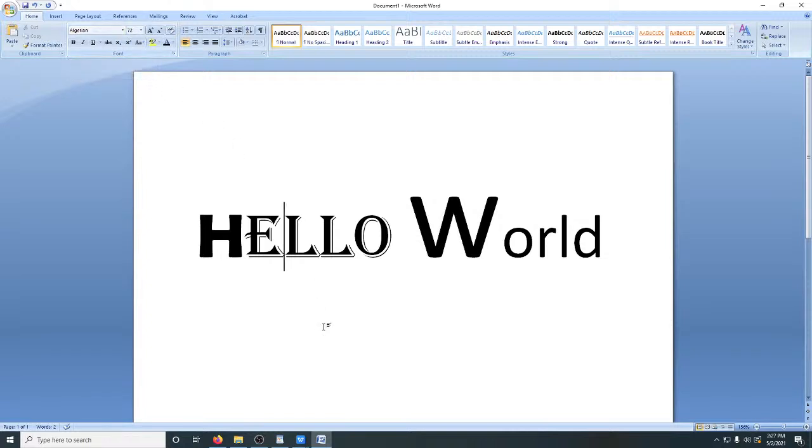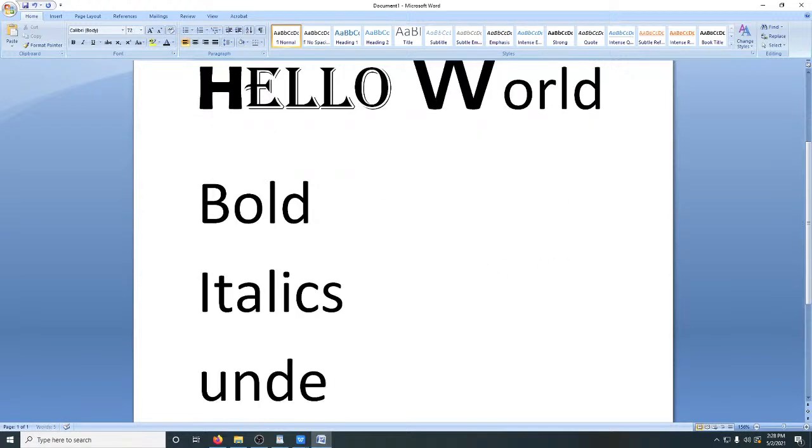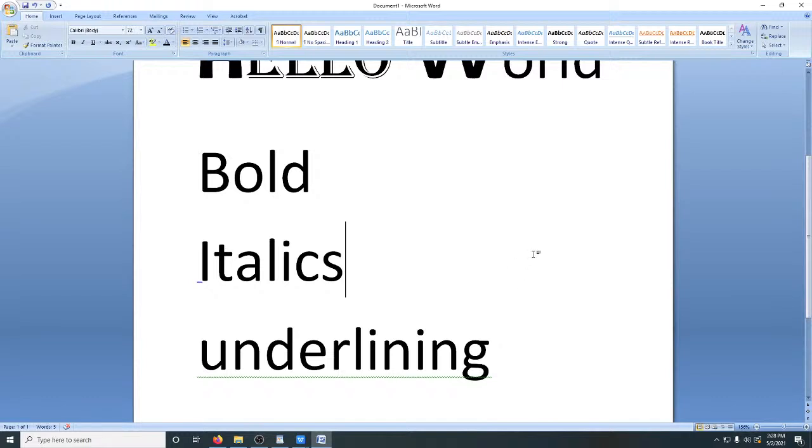Let's look at how to work with bold, italics and underlining. So let's look at making something bold, and italics. Then let's look at what we mean by underlining. I'm going to select each of these words and apply the functionality that is attached to the word. These are different words. We have bold,